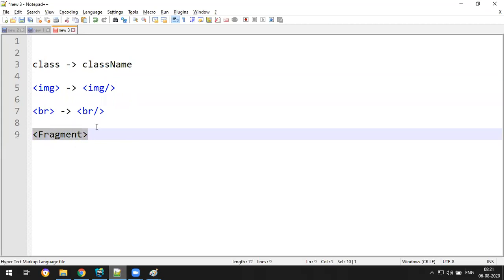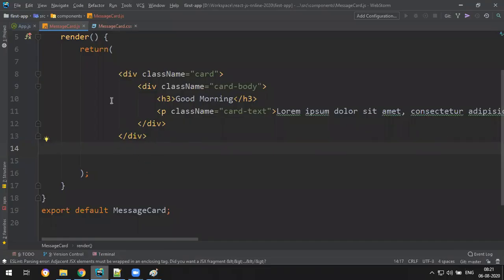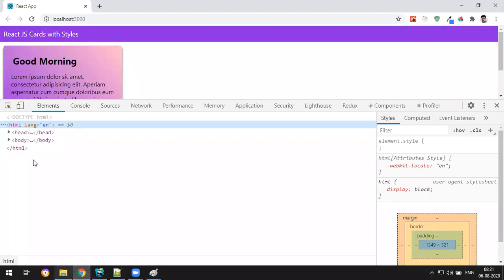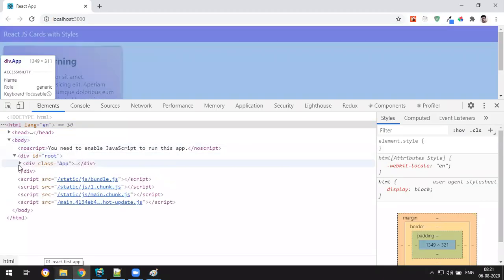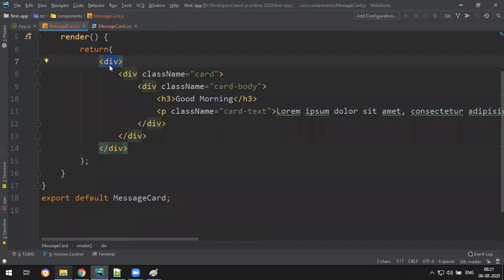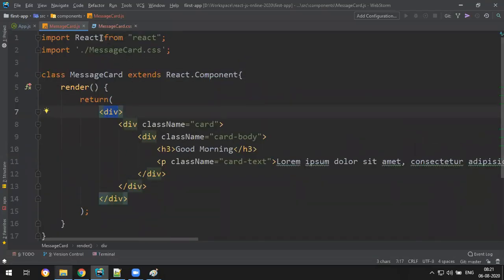So the fragment tag comes with React.js. This indicates the root level tag for every component. Instead of writing your HTML tags, you can use the fragment tag to avoid these types of issues. So instead of this dummy division, you can write a fragment, because if you write a division, unnecessarily that division also gets added to the DOM even though it is not required. See, an extra division added surrounding the card. I don't want that. If you don't want unnecessary divisions like this, you have something called fragment.